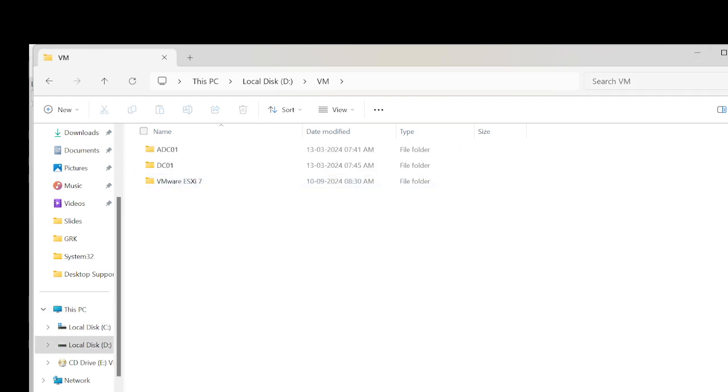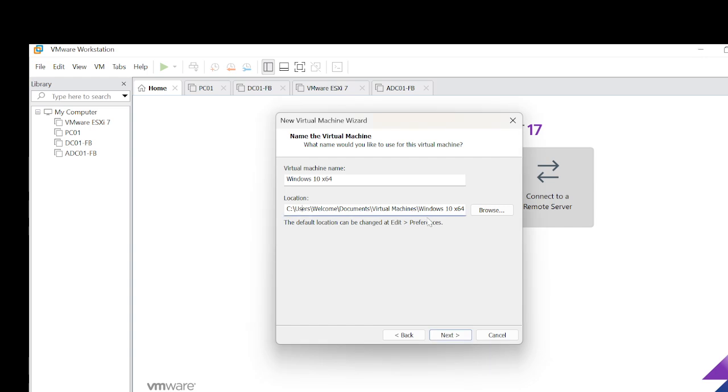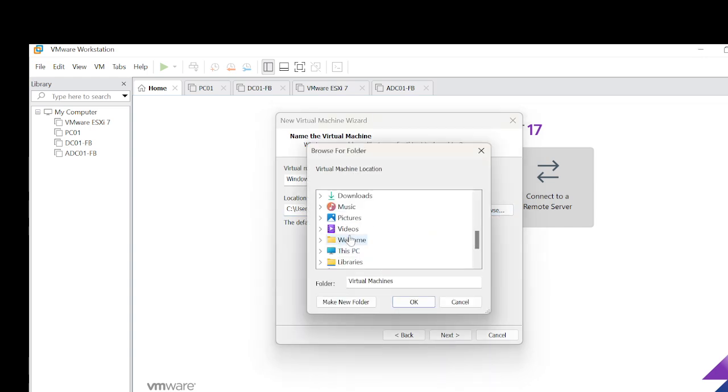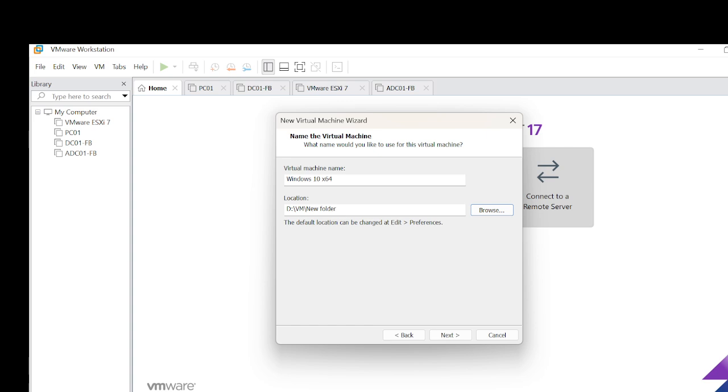I'll put it under D drive, VM. So let me browse. I'll go to this PC, D drive, and VM. Inside this, I can create a folder called Windows 10, W10, and I'll select the folder